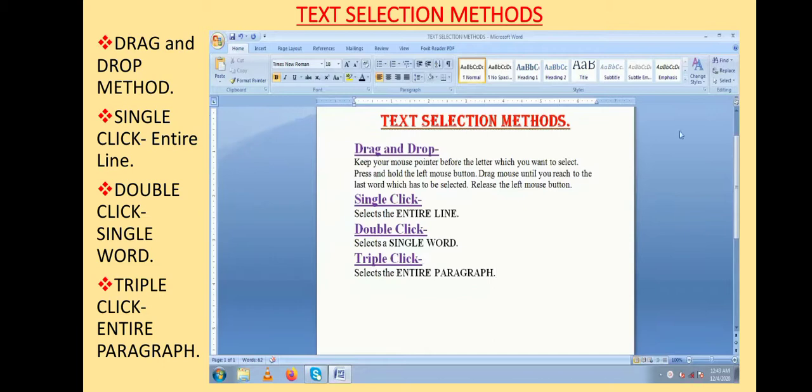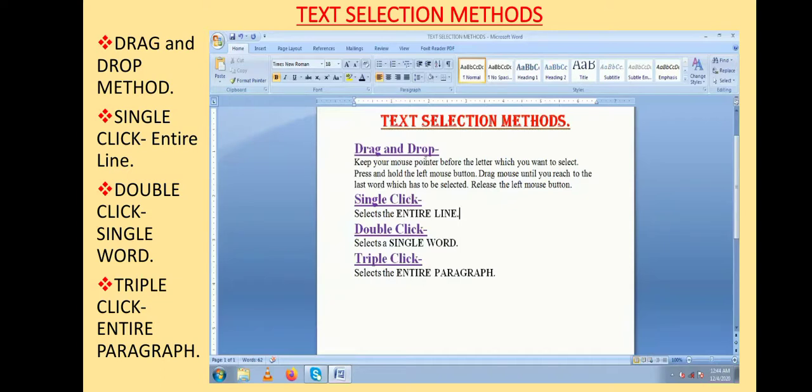If you want to use this method, then first of all, click on the left hand side of the word from where you want to select, and then keep the left mouse button pressed and drag your mouse. Select till the final word and then release the left mouse button. In this way, you can do text selection by using drag and drop.